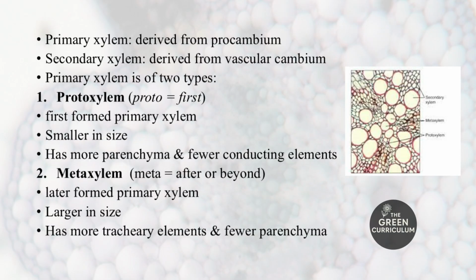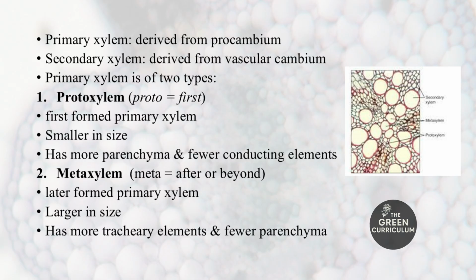Based on the origin, xylem can be classified into two: primary xylem and secondary xylem. Primary xylem is derived from procambium, that is the meristematic cell, which gives rise to vascular tissues, and secondary xylem is derived from vascular cambium. Vascular cambium means the cambial ring, which is formed by fusion of fascicular and interfascicular cambium during the secondary growth of a plant part. The primary xylem is again divided into two types,